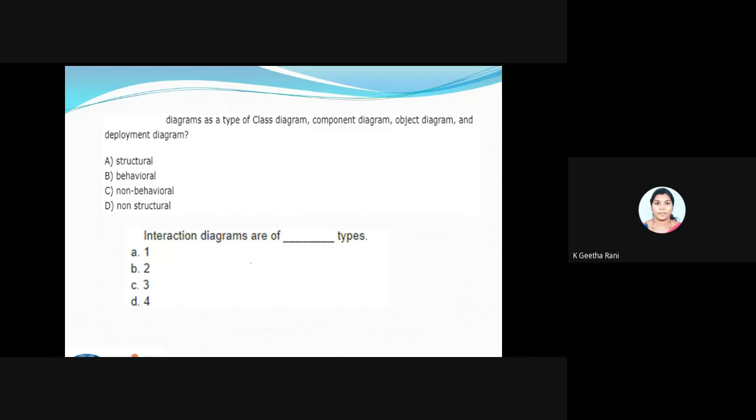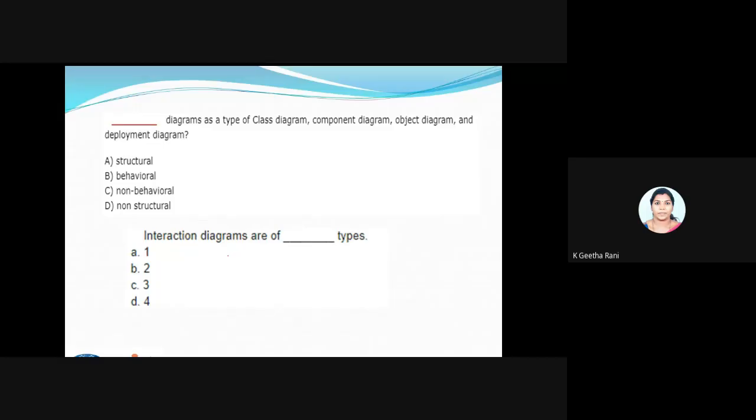So I'm going to have an interaction diagram to implement my dynamic aspects. Third one. I assume it's going to be a dash here. Dash diagrams are a type of class diagrams. It's very easy. Dash diagrams as a type of class diagram, component diagram, object diagram, and deployment diagram.